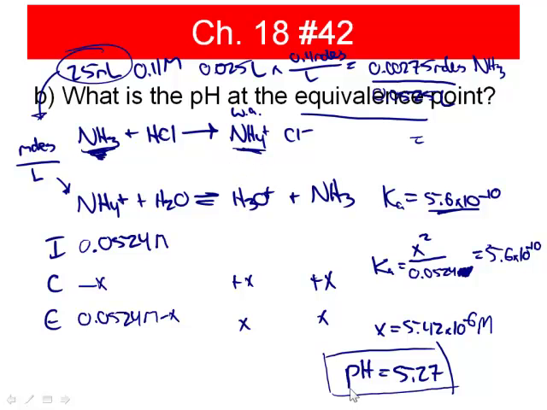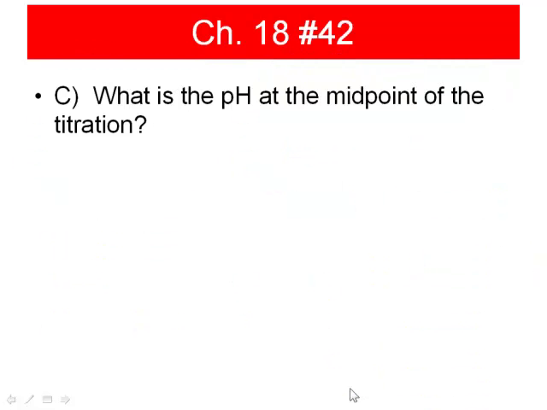And that's always going to be the case, guys. When you titrate a weak base, you will always have an acidic solution at the equivalence point, and vice versa. When you titrate a weak acid, you will always have a basic solution at the equivalence point. Okay, that was part B. Part C,